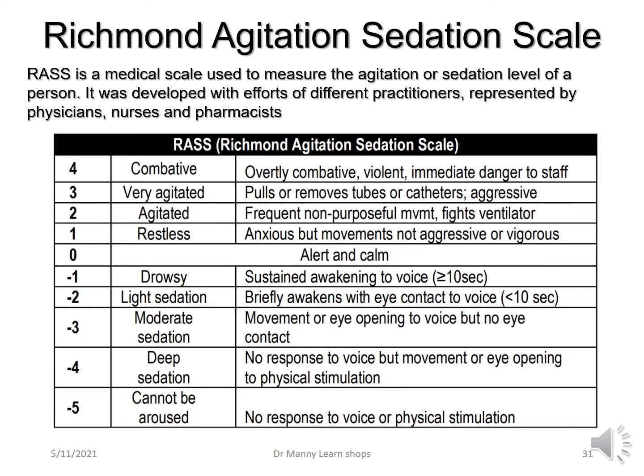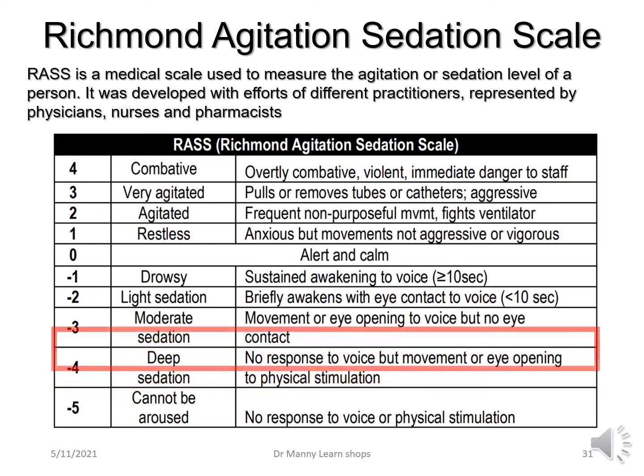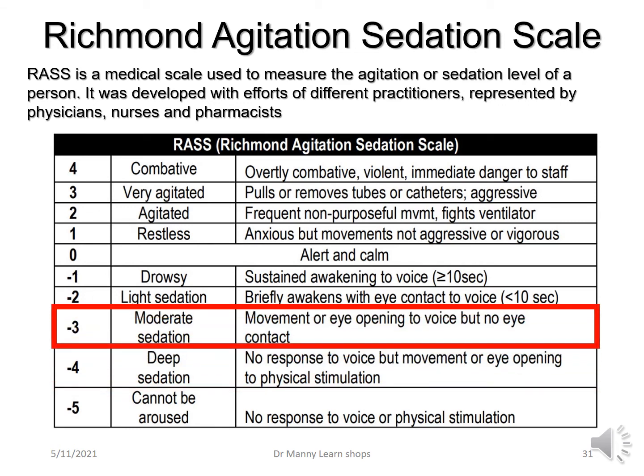Then you've got the Richmond Agitation Sedation Scale, or the RASS. And this is a medical scale used to measure the agitation or sedation level of a person as well. It depends on your organisation or your area as to what you are using. It was developed with efforts of different practitioners, which means multidisciplinary, not just doctors, and represented by physicians, nurses and pharmacists and other